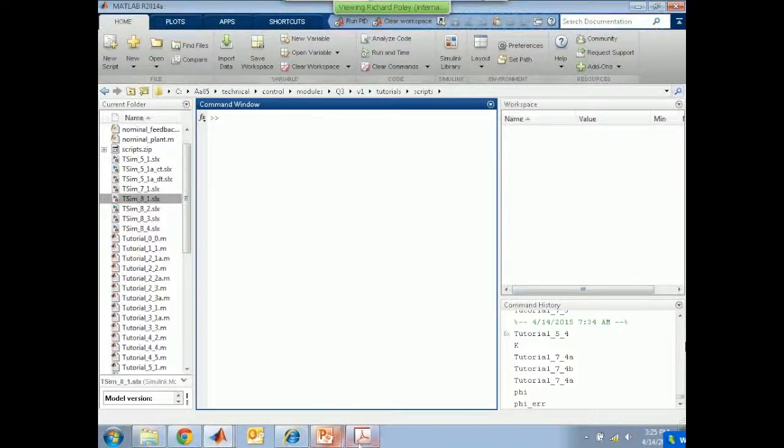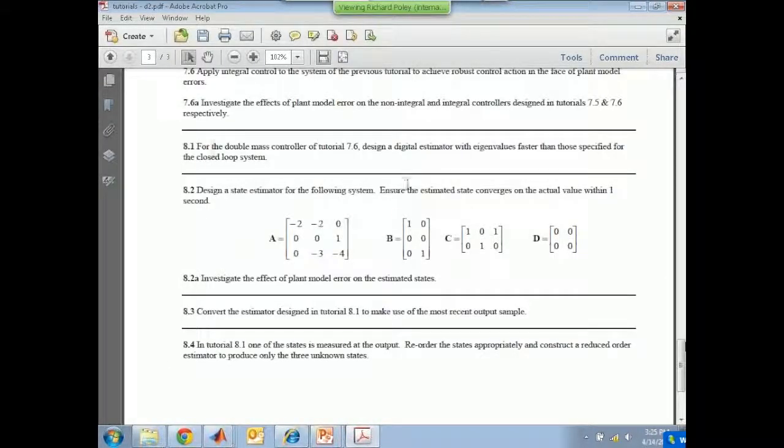So the tutorial now, I'm not going to use the flight control example because nobody in their right mind is going to use an estimator for things like this in a flight controller. But this is a third-order system with 2 inputs and 2 outputs, and therefore the fact that there are 2 outputs means that we need to use the eigenstructure assignment method, and we want to ensure that the estimated state converges on the actual state within 1 second.